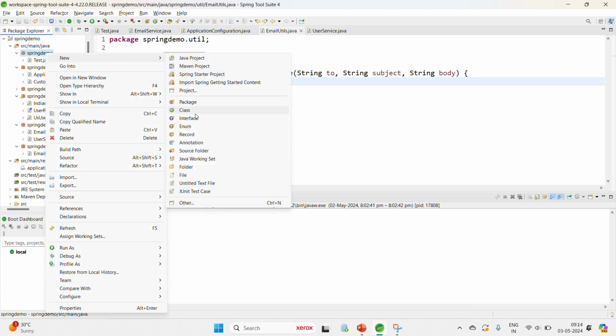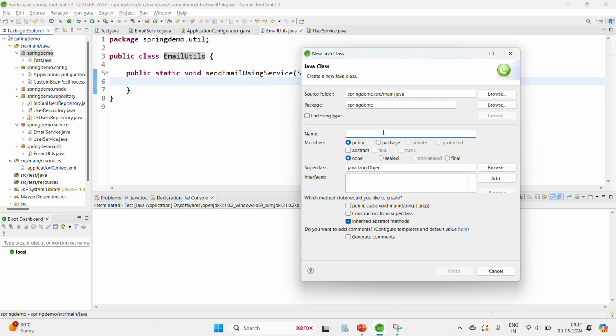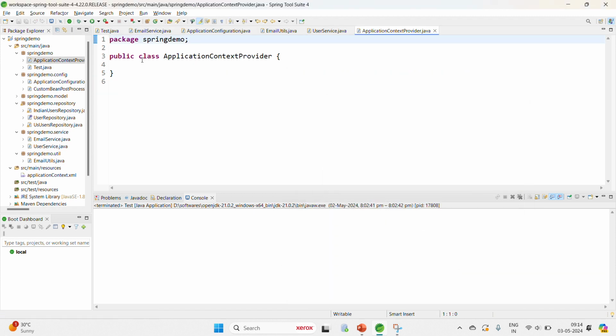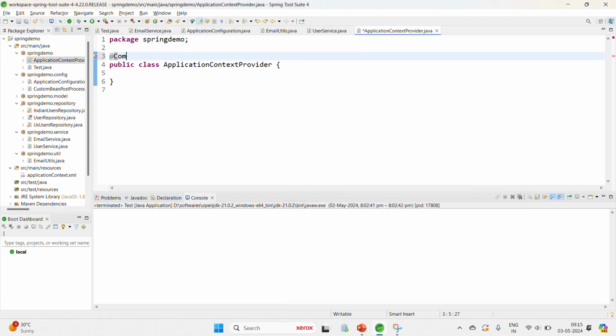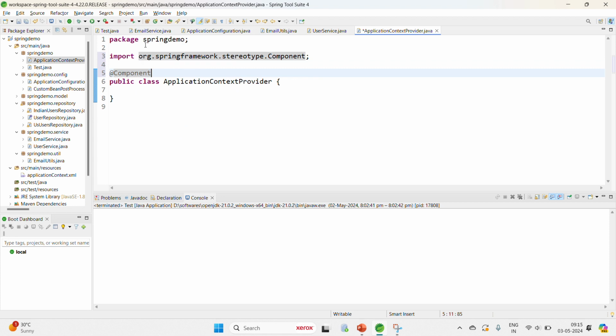Let's create one class here, application context provider. This class is meant for providing the application context always. Let's create it. This is a Spring Bean only. It should be a Spring Bean, and it has to implement what? ApplicationContextAware,